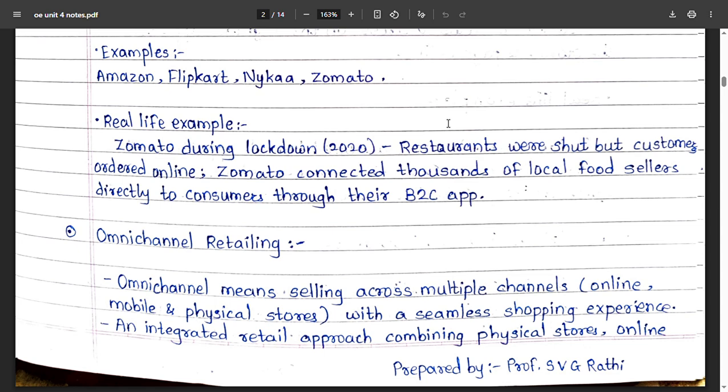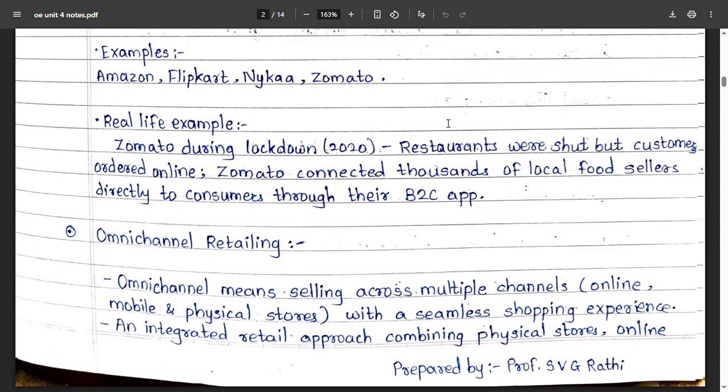It increases customer loyalty first of all, because there are multiple channels: online, mobile, and physical stores. So customer loyalty really increases. The next benefit is a consistent experience across all platforms.